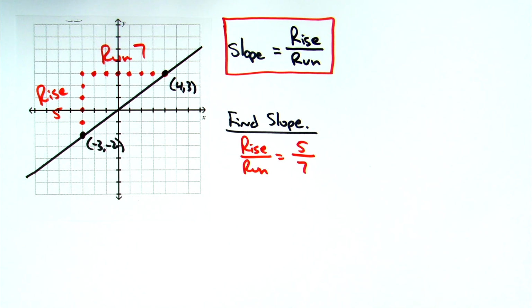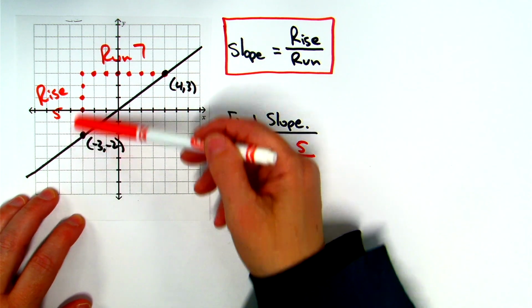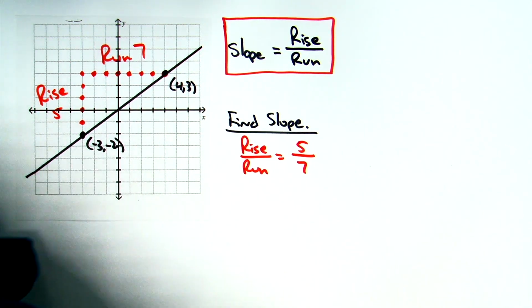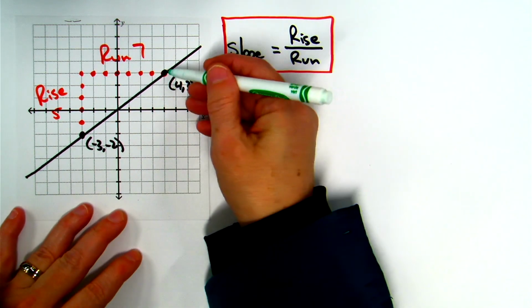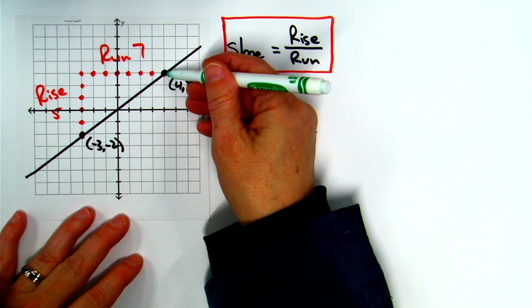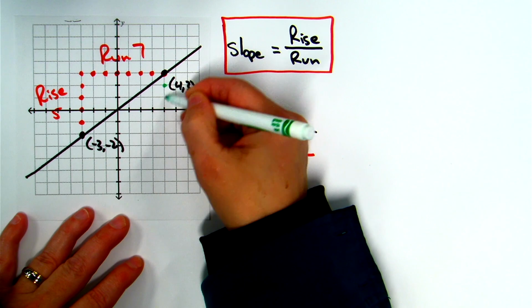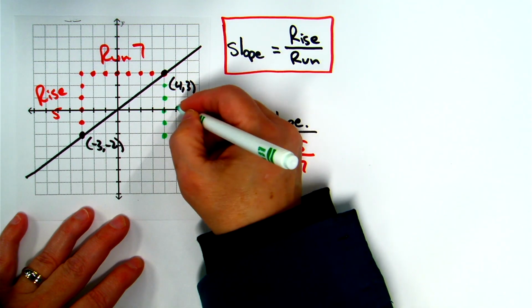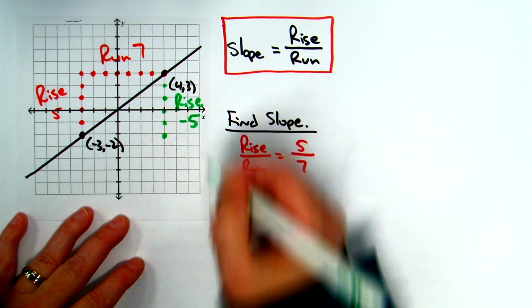Now, let's do it over here. I don't always have to rise up and run to the right, depending on how things are. I could have started at this point, but then I could have chosen to rise in a downward motion. If I rise in a downward motion, 1, 2, 3, 4, 5. I still get 5, but in this case, because I chose to go down, my rise is a negative 5